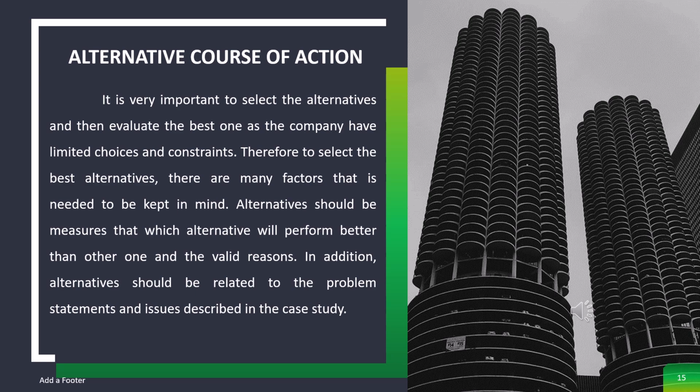The ACA in a case study presents different possible solutions or strategies to address the problems identified. In other words, it answers the question: what are the different ways we can solve the problem? Each alternative should be realistic, relevant, and based on the analysis of the situation. These options are usually compared in terms of their advantages, disadvantages, cost, risk, and feasibility. The goal is to provide a range of choices before selecting the most effective solution in the final recommendation. Having alternatives shows critical thinking and a well-rounded understanding of the case.